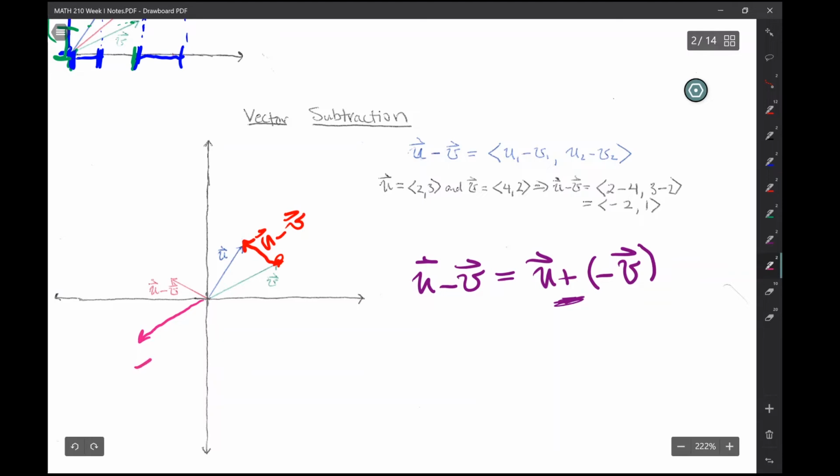So this here in pink was minus v. Well, what's u plus minus v? Well, that's going to be taking the end of minus v, which is right here, and attaching it to the